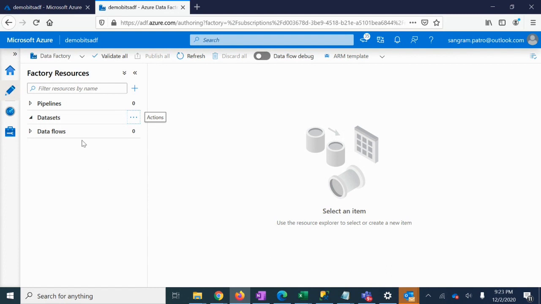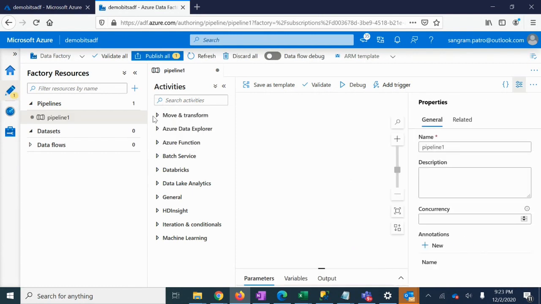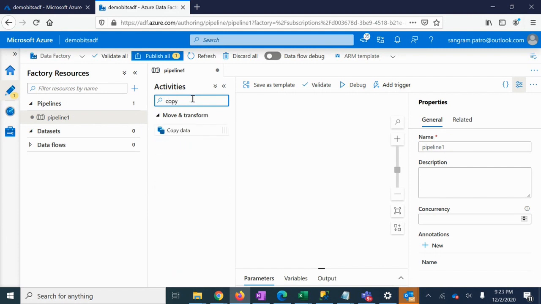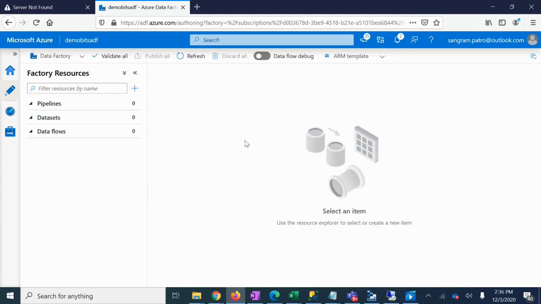And now there is an option called pipeline. So if I start creating a pipeline, this is the place where I need to build our ETL pipelines. There are a lot of activities, like you can see the copy data activity, where you can move data from source to sink. And then there is the get metadata activity, where I can understand what files are present in a container and whether a file already exists or not. And then there is a notebook activity, where I would be able to call a Databricks notebook. So this pipeline will help you orchestrate your ETL pipeline.